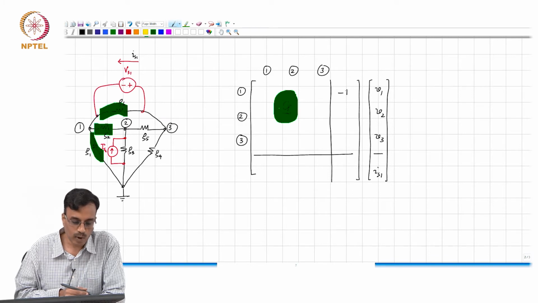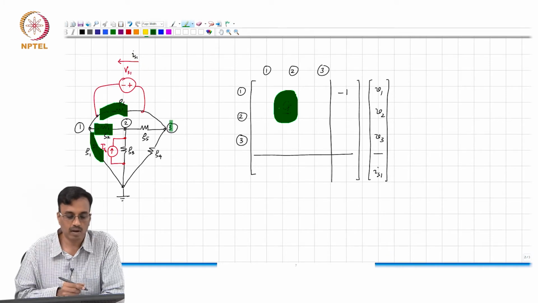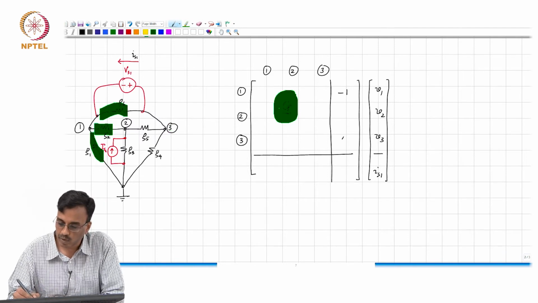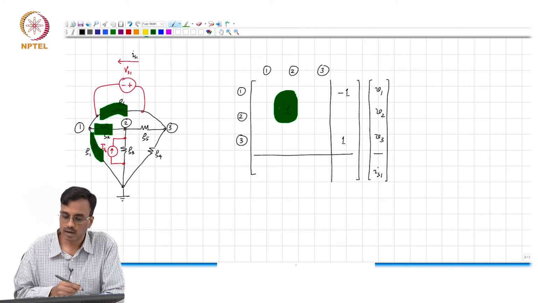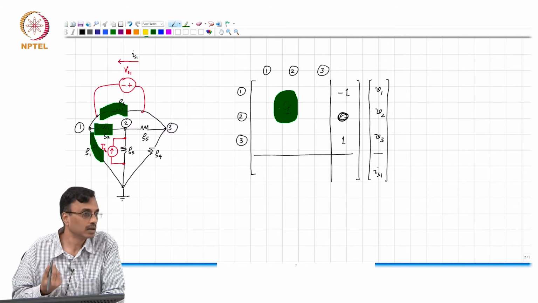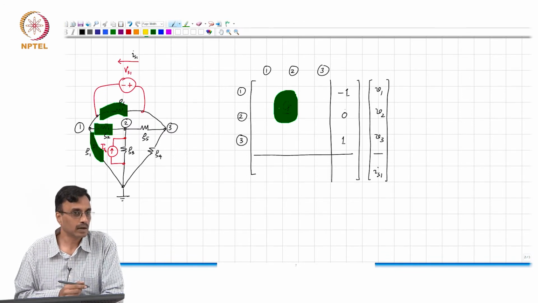And likewise, where else do you think you will get it? The voltage VS1 is connected between nodes 1 and 3. So, how will I account for IS1 flowing out of node 3? Very good. So, you can see we have a minus 1 there, we have a plus 1 there, and what comment can I make about the element there? That is 0 because IS1 does not touch node 2, correct.